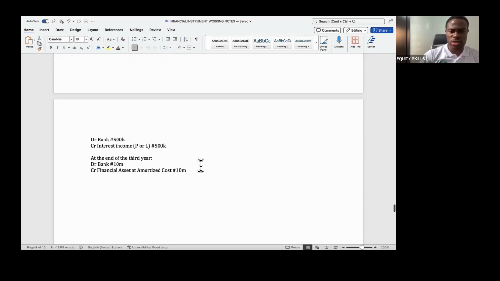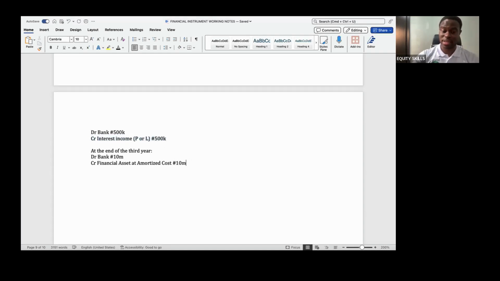Then you're recognizing your income every year to P&L, year 1, year 2, year 3, P&L like that. Then at the end of the third year, you liquidate because based on the contract, you're supposed to get back your money at the end of the third year. Now, that's that. That's a very simple one. Let's look at another scenario you can find in the exam,